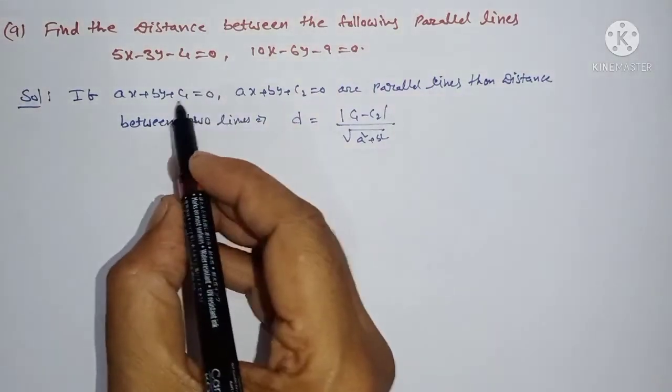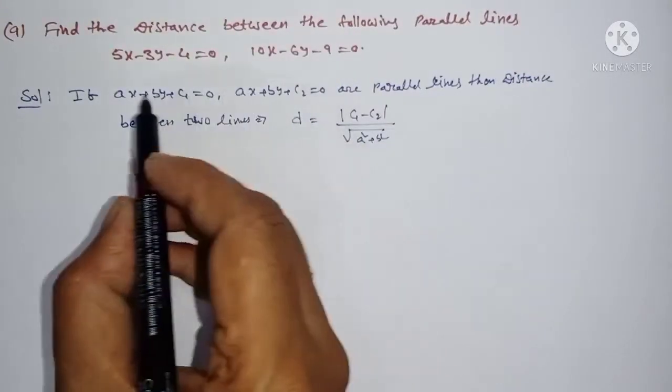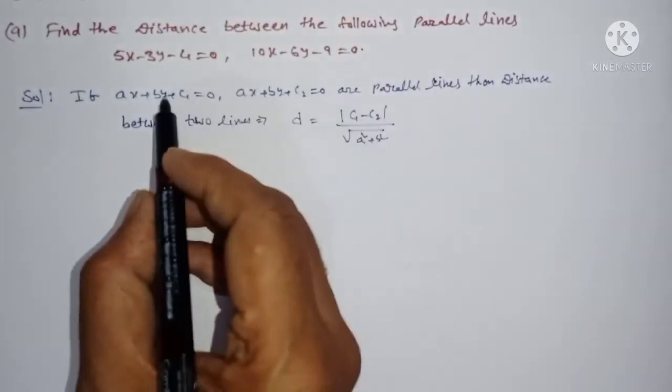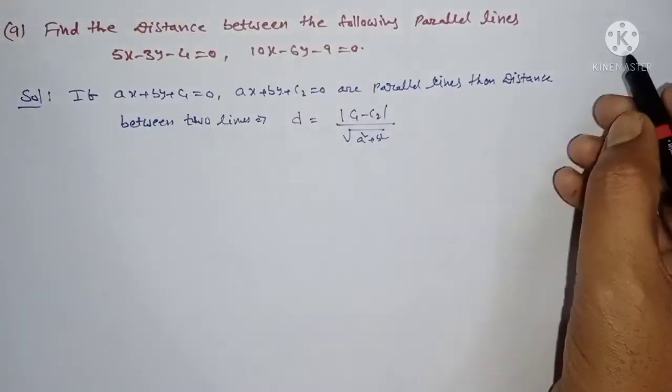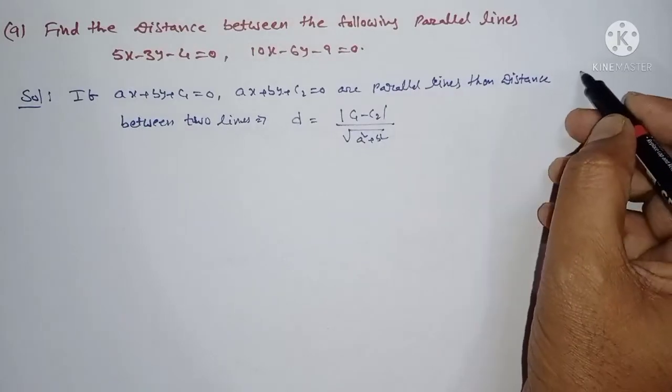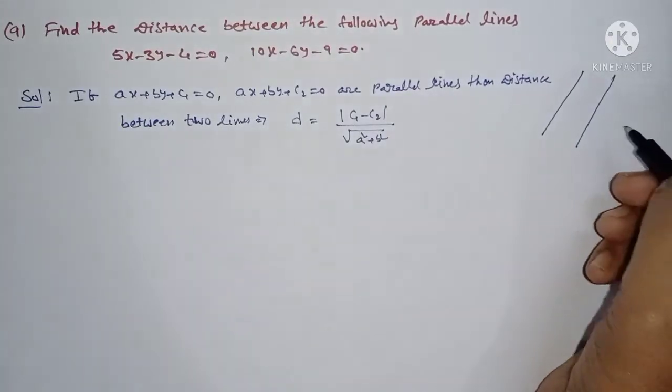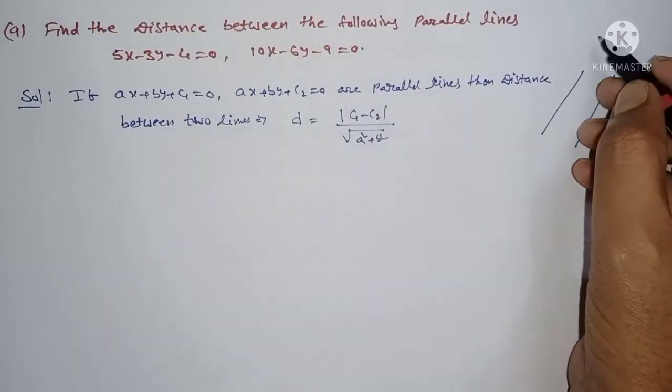In two line equations, the x coefficient is a only, and the y coefficient is b only. Here the constant must be changed. Therefore, for parallel lines, how can I write here? These are parallel lines. Okay, therefore, what are the parallel lines given here?